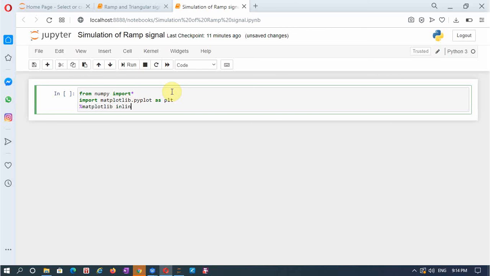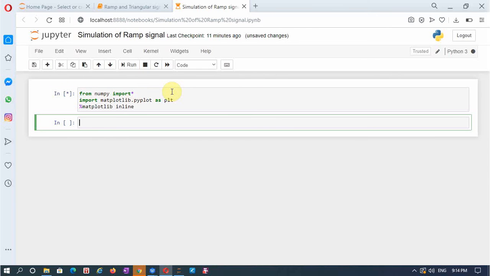Let us run it, and in the next cell we shall define a function